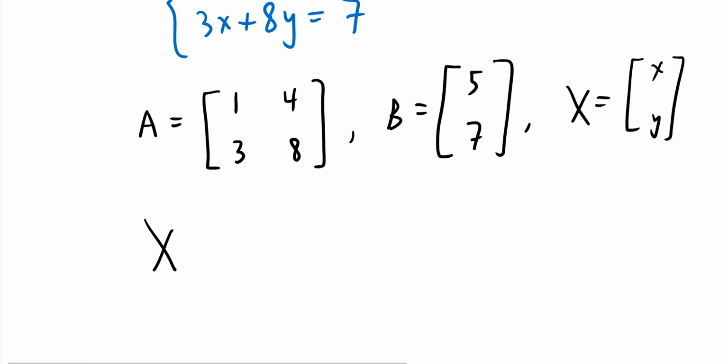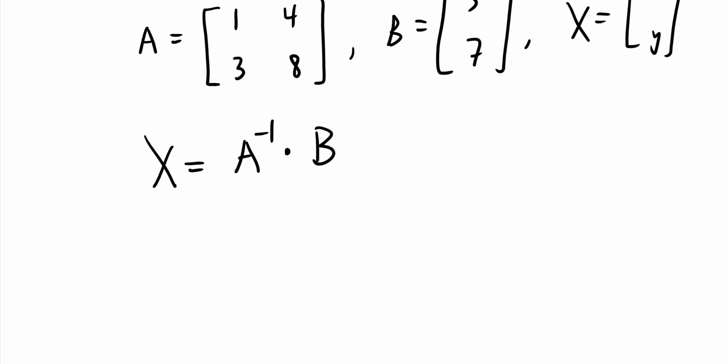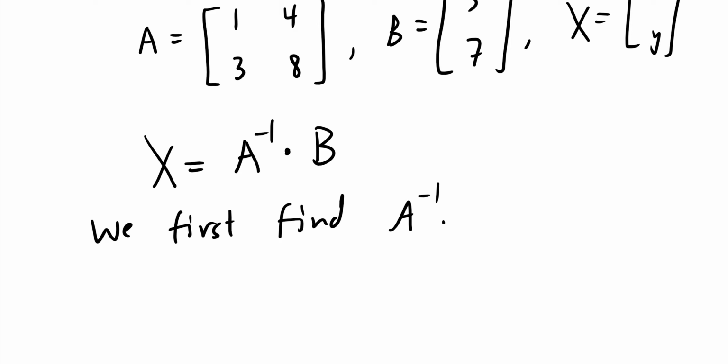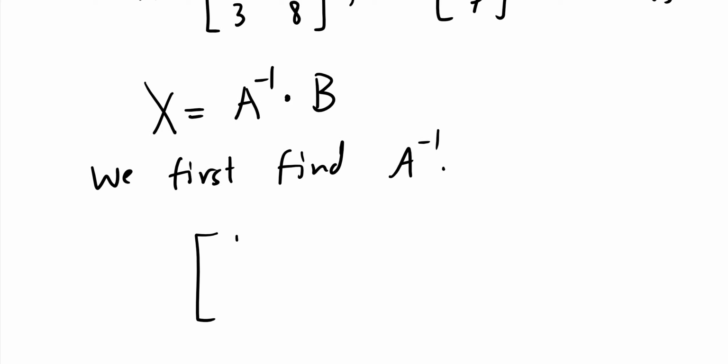So we need to solve for X. It's A inverse times B. I have B, but I don't have A inverse. So what do we need to do here? We need to find the inverse of matrix A first. So we first find A inverse, and then we multiply that out. So we take 1, 3, 4, 8, 1, 0, 0, 1, that's the matrix,